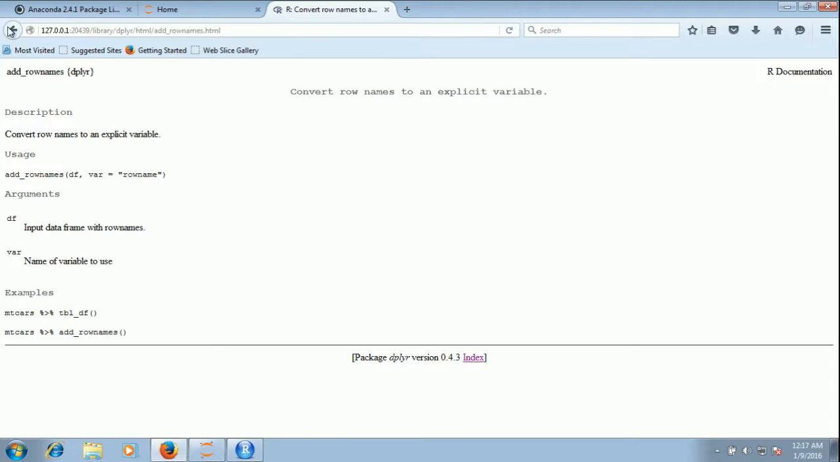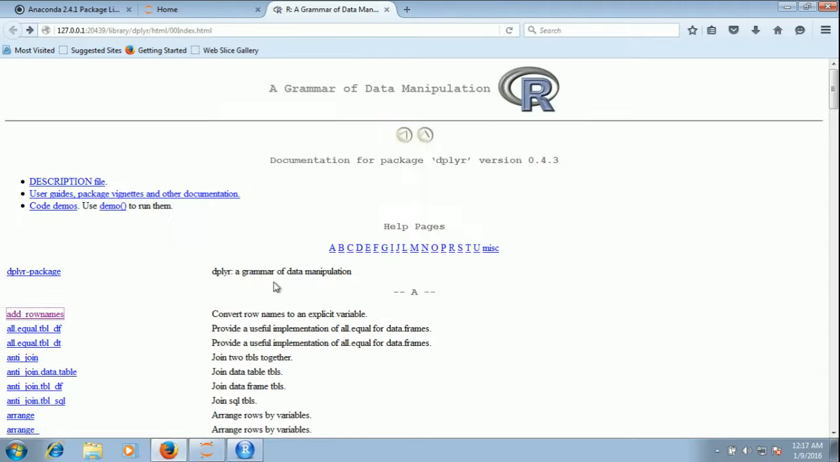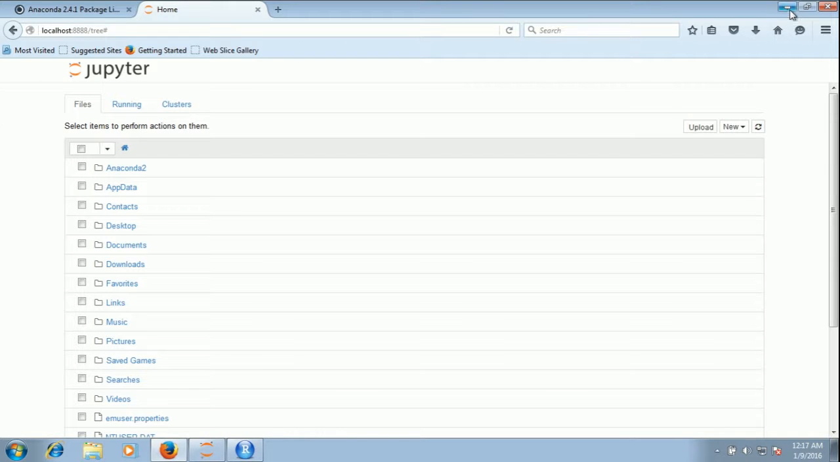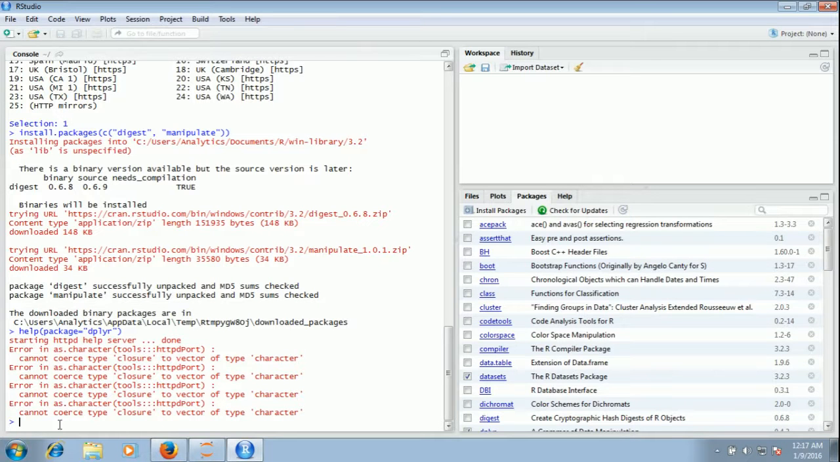So this is an overall package help function, but if you want to know a very specific function of a particular package, you can also type it in this way. This is the command. This is a very helpful command. So you type